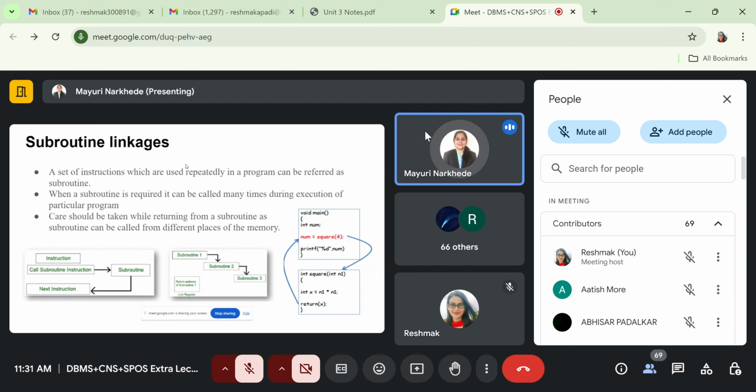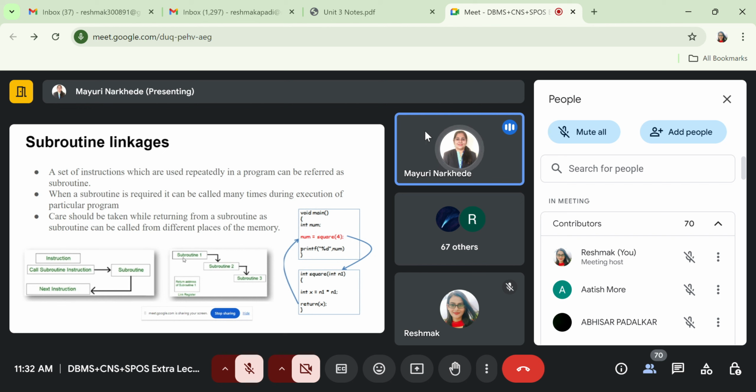When a function or subroutine is called, it loads that function or subroutine into the main memory.